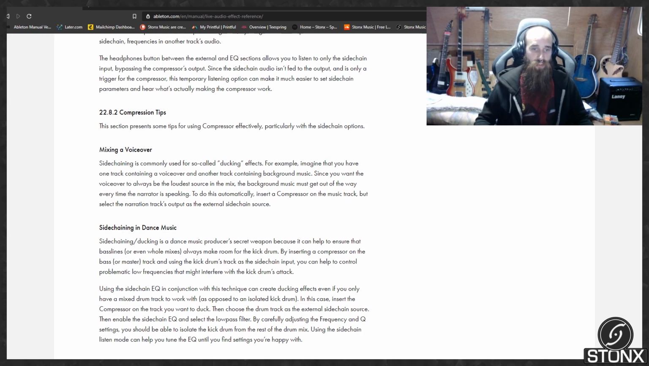In this case, insert the compressor on the track you want to duck, then choose the drum track as the external sidechain source. Then, enable the sidechain EQ and select the low pass filter. By carefully adjusting the frequency and Q settings, you should be able to isolate the kick drum from the rest of the drum mix. Using the sidechain listen mode can help you tune the EQ until you find settings you're